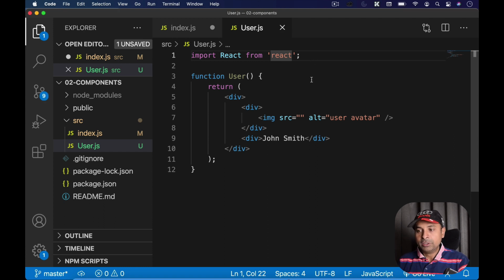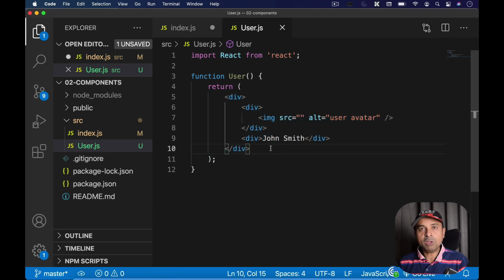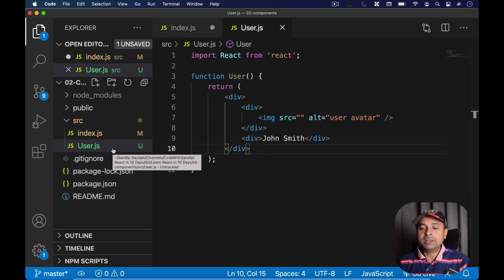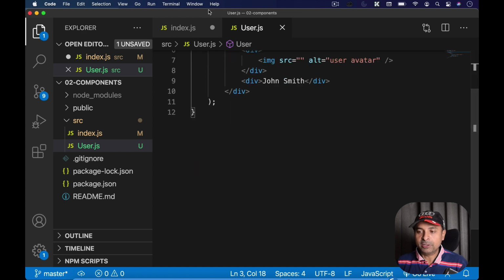So what we did, we took this duplicate code, we have put it into the function. We have named that function. And we have taken that entire function and put it into a new file and given it a name similar to the name we have given to the function. So this is how you create a component in React. A component is just like a reusable entity, a reusable piece of code you have created. Now we are going to reuse this user component a number of times in our index.js.